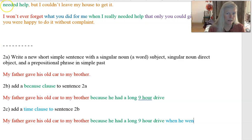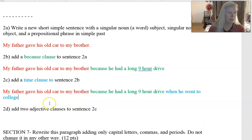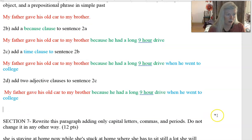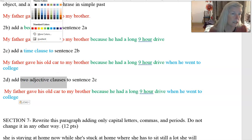When he went to college. And then I'm going to add 2 adjective clauses. Okay, now I need to make sure I have plenty of nouns here. Okay, I have several nouns, so that'll work. All right, so 2 adjective clauses. We're going to do those, let's do those